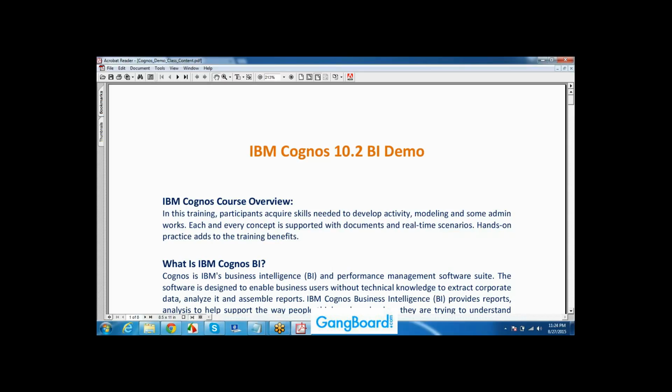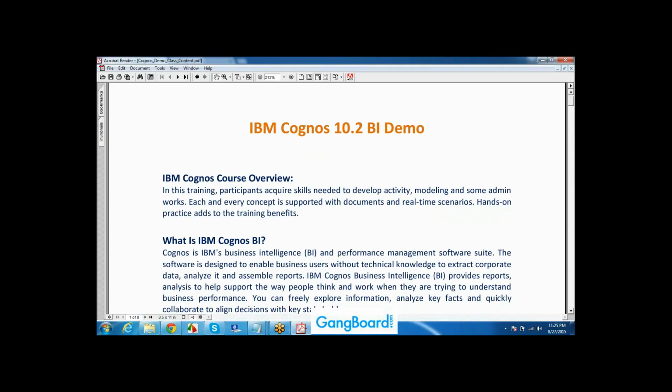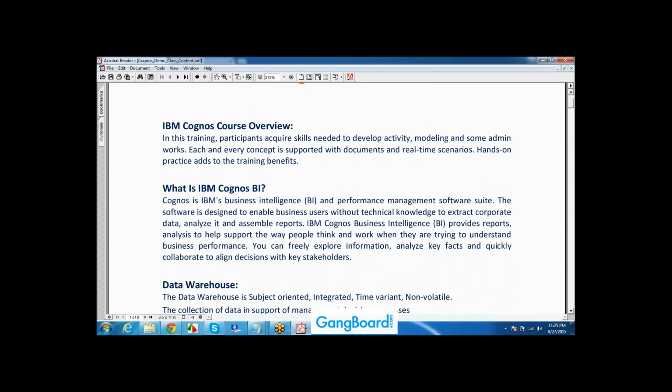The data is there, and we show it in an easier manner so they can easily understand it. That is Cognos. The tagline of Cognos is for better decision making. That's it, just a representation tool.